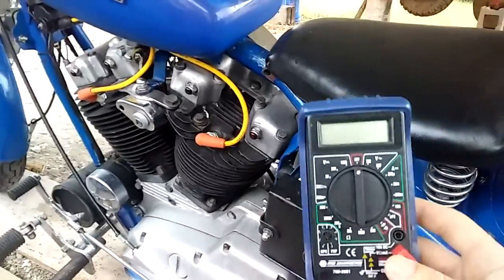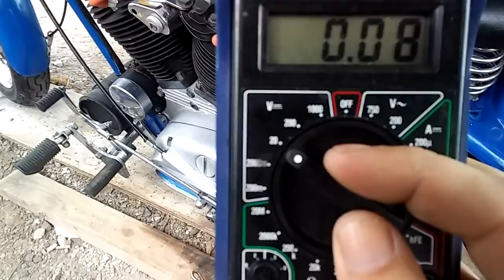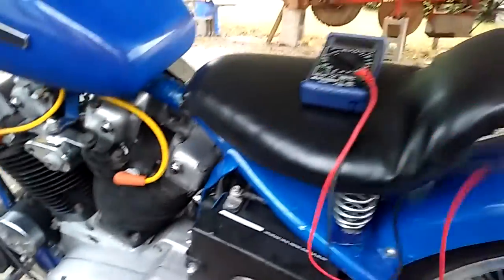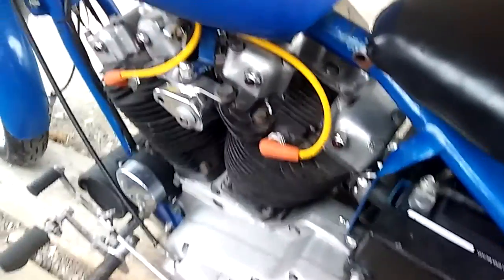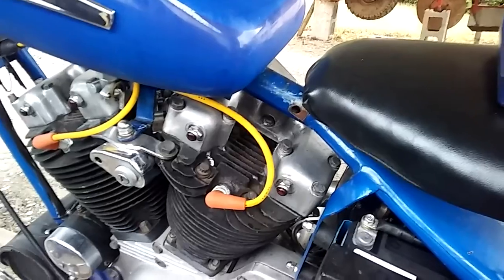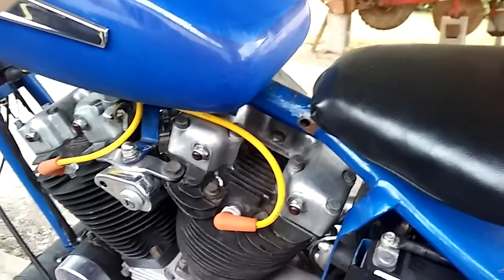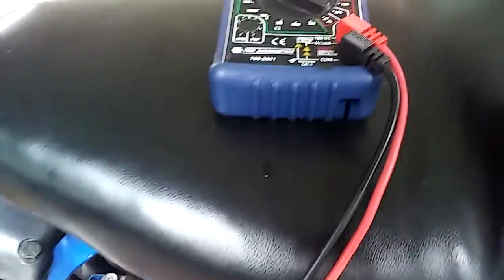Of course, on mine, I turn it to volts 20. Set it on top of my motorcycle seat there, and I give her a good test to see what my battery voltage is. And usually if you have a good rectifier and a good generator, some people have different opinions about it, and then you just touch your battery cable there, and that should be around 12.9, which is 12.89, so